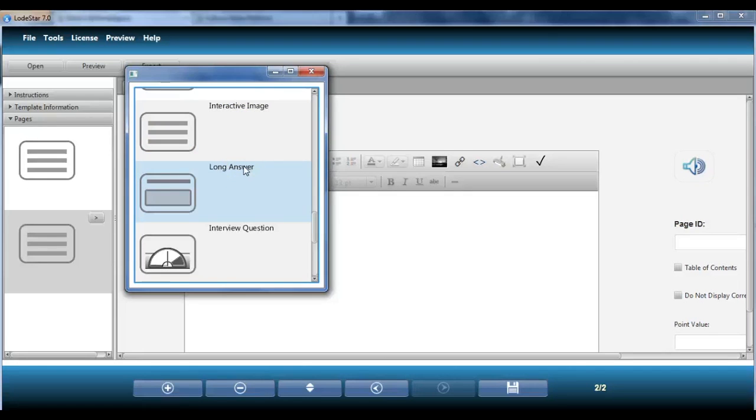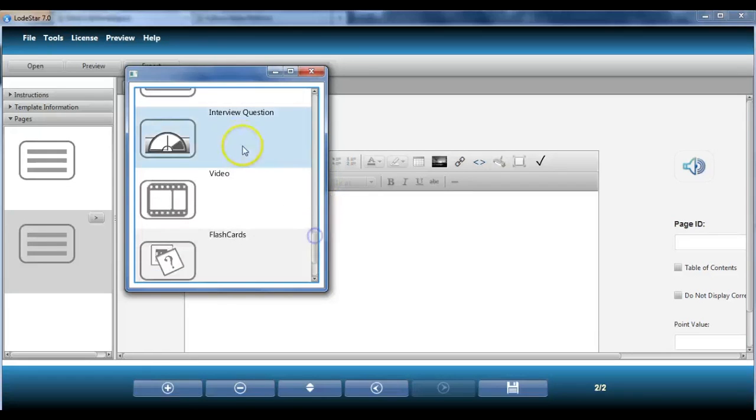Long answer enables a student to type in an open-ended answer. Interview question, very powerful. You're able to create a simulated interview. You're able to put in an image and then various choices. The choices are then rated, and students' selection is then